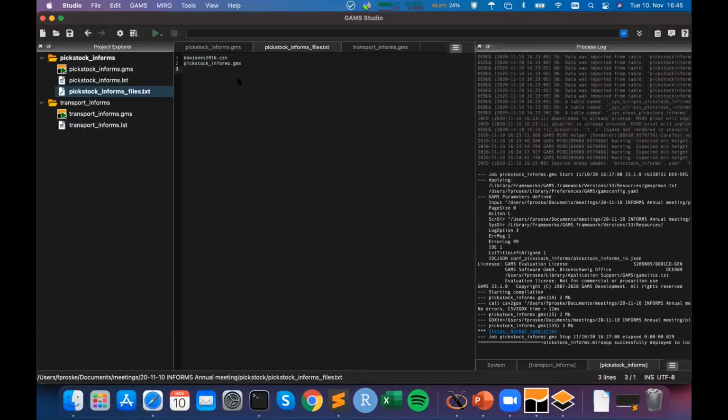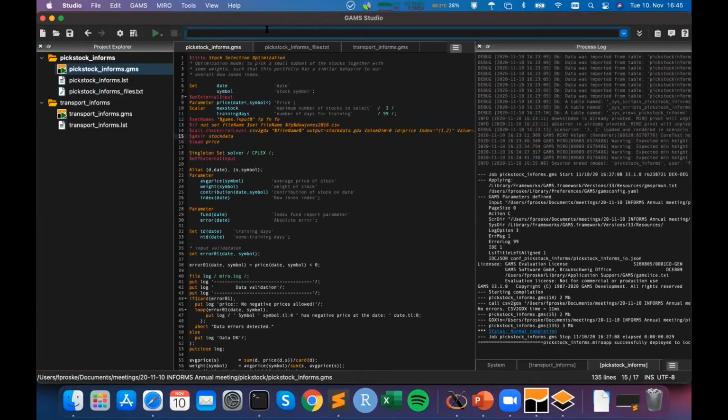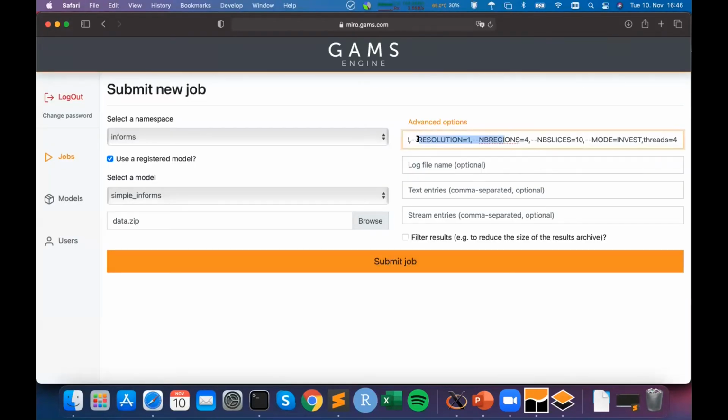This is the equivalent of this command line up here in Studio. GAMS comes with all sorts of options and ways to customize the run. For example, you can change the maximum time that the solver is allowed to run before it should give you a solution. That might not be the optimal solution, given the restricted amount of time you specified, but you would like to have a solution after some time, and that is configurable via command line options. It's just an example here. I have a couple of options that I specify here. I just submit that job,